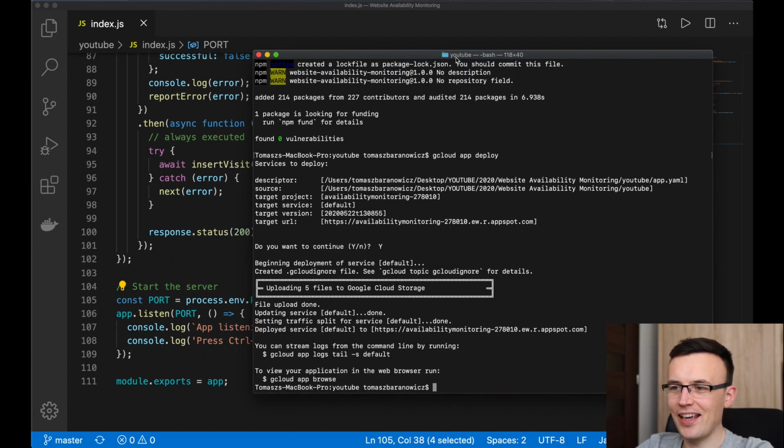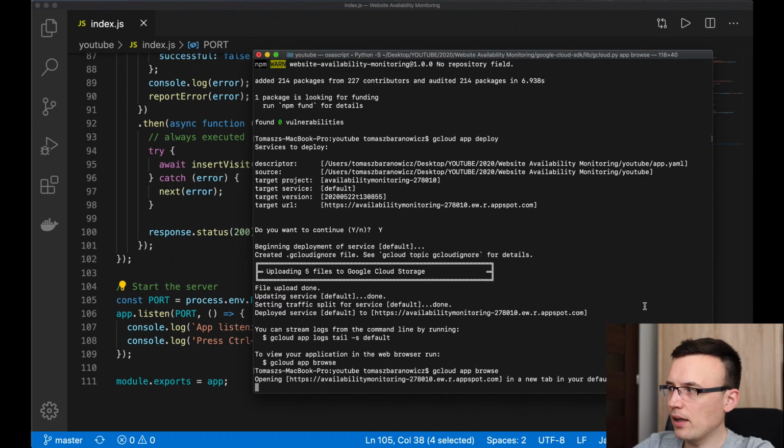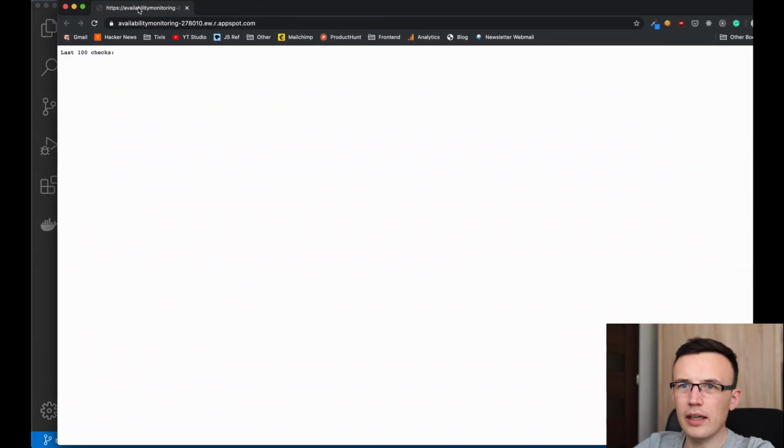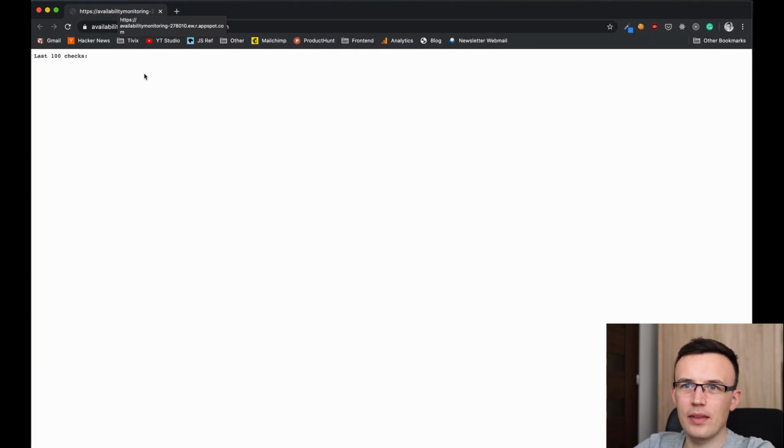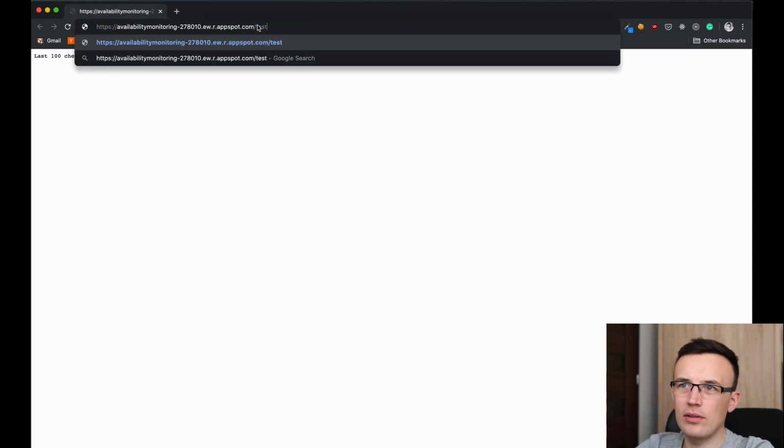Okay, looks like the app was deployed. It took like 2 or 3 minutes, and the good thing is that the console also allows us to easily get the URL for our app, but we can use gcloud app browse to open our app in the default browser. And okay, so yeah, at least it doesn't fail at this moment. So the response is empty because we didn't run the app yet. So we have to go to the test endpoint,